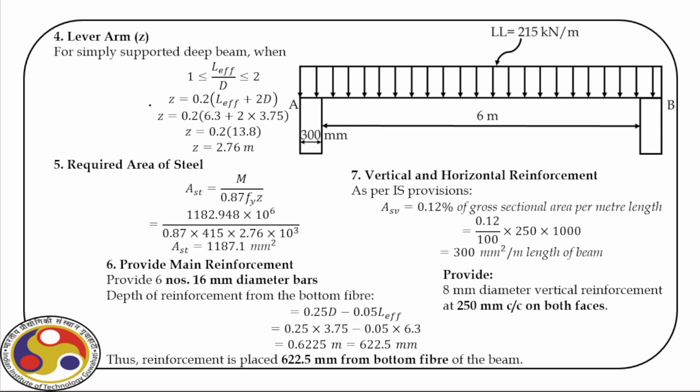Now, for the simply supported beam, we can calculate now Z, which is 0.2 times L effective plus twice D. So if you calculate Z, it turns out to be 2.76 meter. Then we can find out actually the required area of steel, which is M by 0.87 fy Z. And this area of steel is 1187.1 millimeter square. Now, we provide main reinforcement as 6 number of 16 millimeter diameter bars,